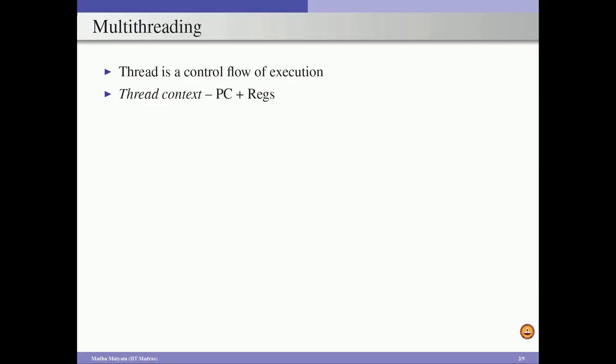In multi-threading systems, we deal with threads. A thread is nothing but a control flow of execution. Given a program, a compiler can divide that program into multiple threads, or the programmer can write a multi-threaded program. Each of these threads is called a software thread, and a program can consist of 100 software threads, but in order to execute these software threads on the underlying hardware, we need support for multi-threading.